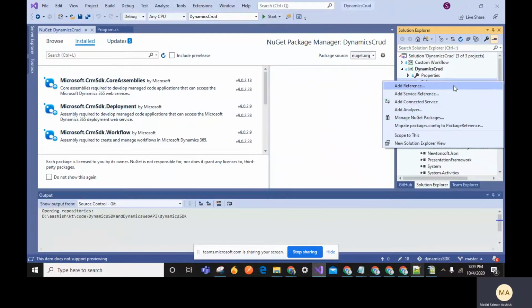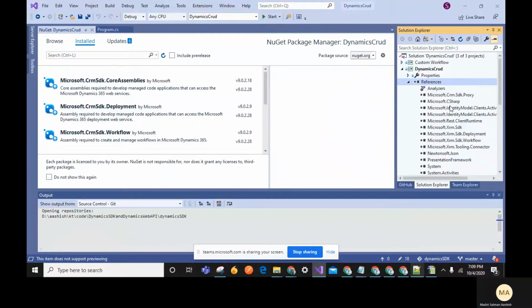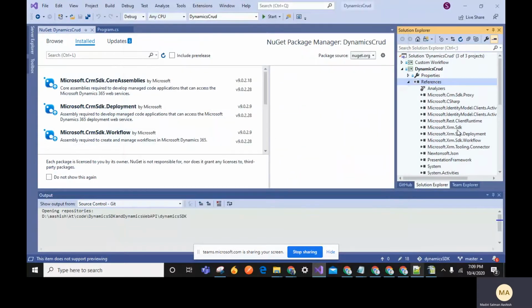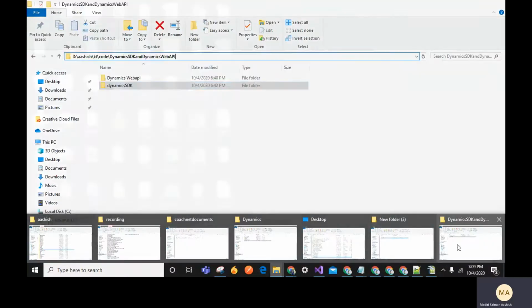Suppose I want to add a reference. The core assembly file. If you want to add, we need to add these references, Xrm.Sdk and Tooling.Connector. If you download this core assembly, you will find, let me show you the code.